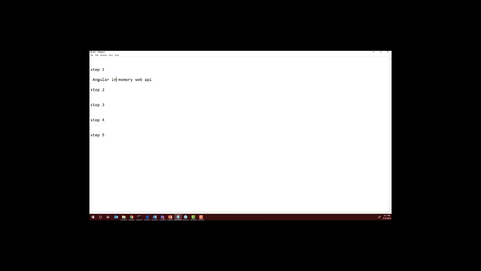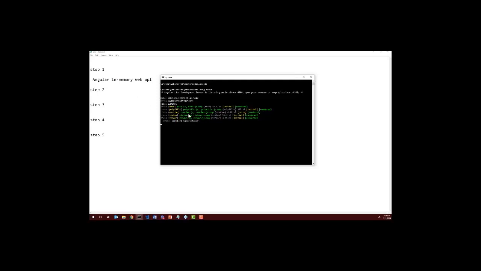So to work with Angular in-memory web API, the very first thing you have to do is install Angular in-memory web API in your project. For that, here is my project. I'm saying npm install Angular in-memory web API with save-dev, such that we install it locally to this project. It will install Angular in-memory web API to our project. It should take a few seconds. Once that is done,